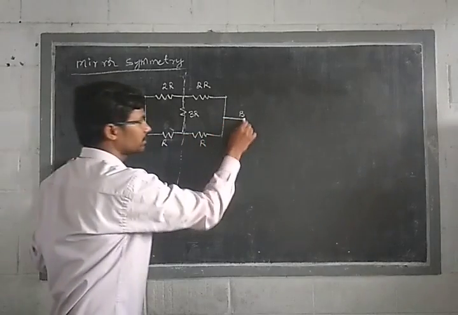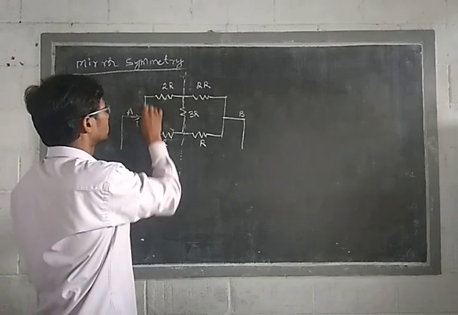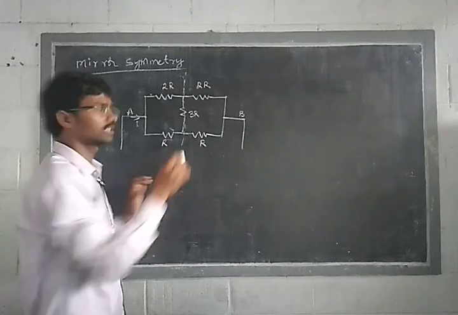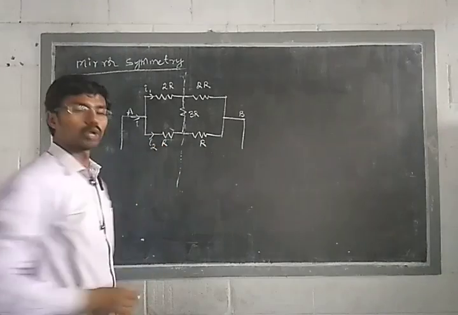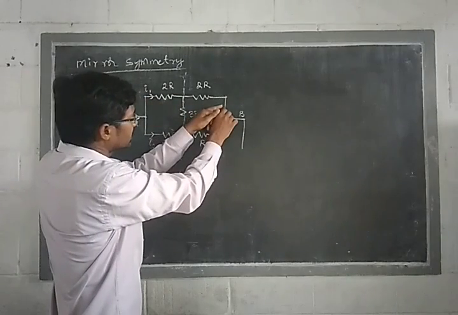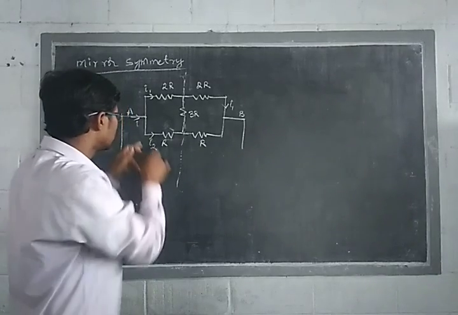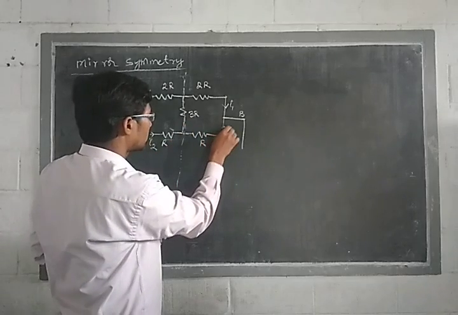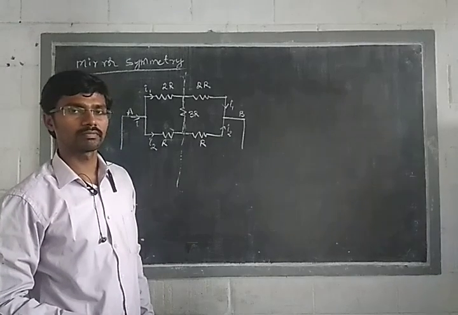If we connect the battery between terminals A and B, the current I flows here. Because of these two we have different paths. When we have different paths, the current will be divided as I1 and I2. Now look at this clearly, as it is a mirror image. Here I1 means the current in this part is also I1. How much current enters, the same current will be. Similarly, here the current is I2, as it is a mirror image, a reflection of this one, where the same current I2 flows here. So are you clear, students, now?